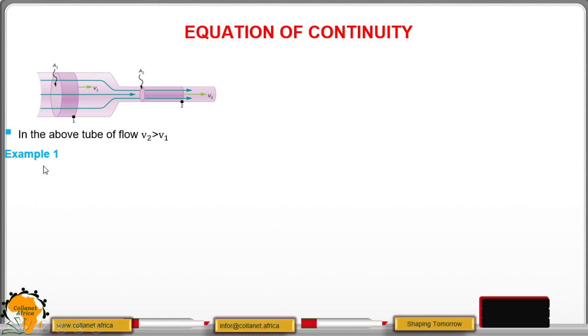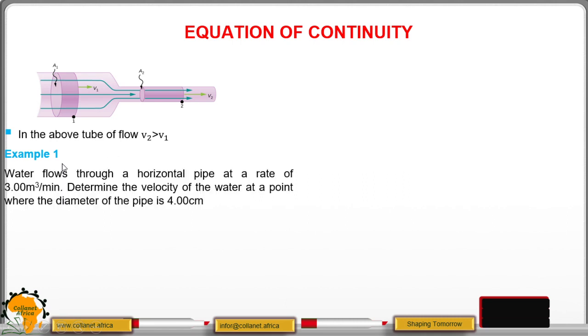Let us do some numerical examples so that we understand how we use this equation. The first example: water flows through a horizontal pipe at the rate of 3.00 cubic meters per minute. Determine the velocity of water at a point where the diameter of the pipe is 4.00 centimeters. The solution will be,